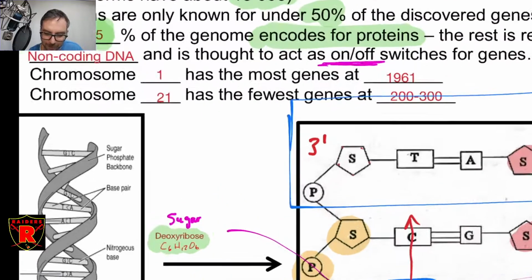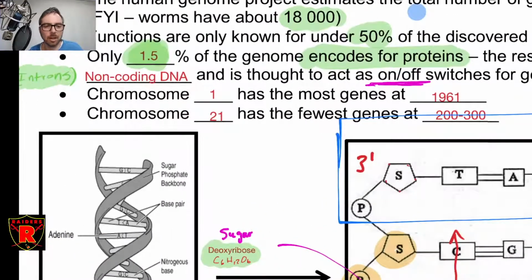Okay, anyway, how do we organize them in terms of number? Well, chromosome 1 is the biggest one, and chromosome 21 and 22 are the smallest. I think actually 22 is physically smaller than chromosome 21, but it has slightly more genes than chromosome 21. So when we call something chromosome 1, what we just mean is the biggest one. The biggest one is 1. The smallest one is 22. 22 is physically the smallest. It looks the smallest.